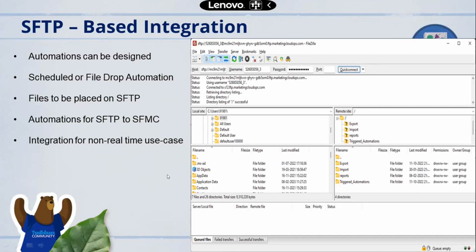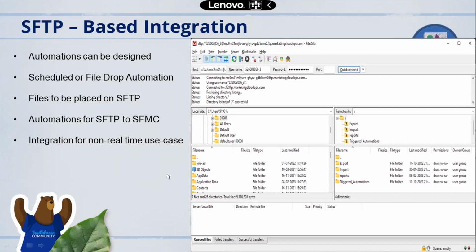It can be where data comes, say, at the end of the day, once a day, or maybe every 4 hours or every 6 hours, based on the update in the POS system. It can flow to Marketing Cloud. So then you don't require that development or that API-based integration. What you do is simply set up a data transfer via FTP, to get the data onto Marketing Cloud